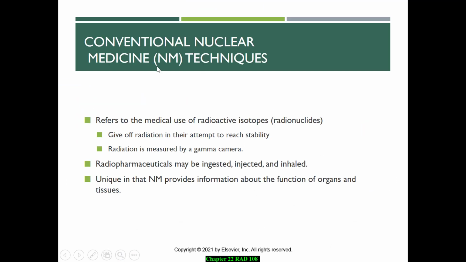So the conventional nuclear medicine techniques that can be done, they do insert radioactive isotopes, and that gives off radiation. So just be aware that if you're going to nuclear medicine, it is a type of radiation that's produced. They're going to measure it with what's called a gamma camera. And so you'll walk into the rooms, and the rooms are going to look very similar to the CT and MRI units. So your patients lay on the table, they do their scans,